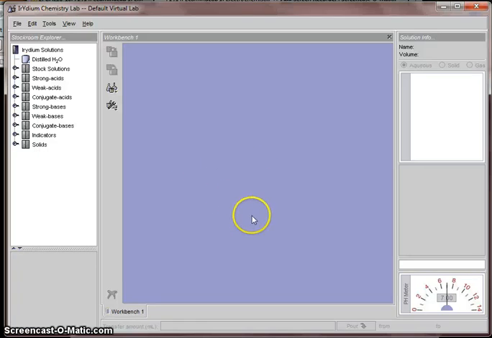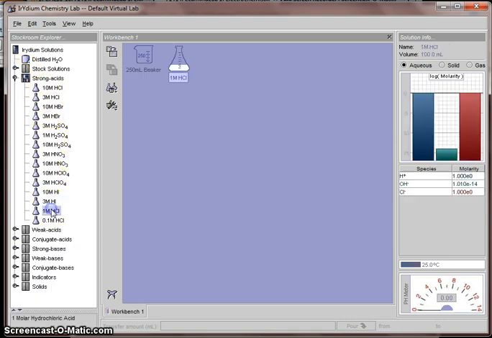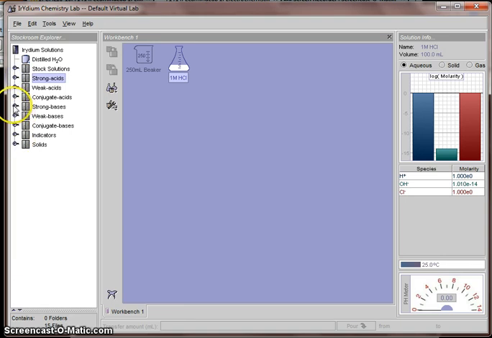Yeah, we are familiar with this acid-base chemistry lab. Okay, and so we'll start with our experiment. We'll take a 250 ml beaker from here. We'll take from strong acids, we'll take 1 molar HCl. There it is. And from strong bases, we'll take 1 molar